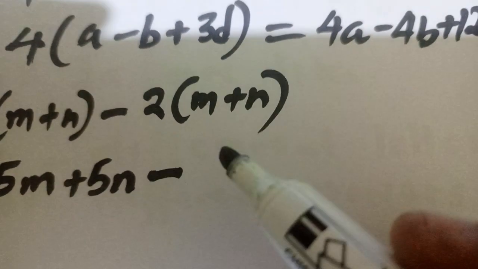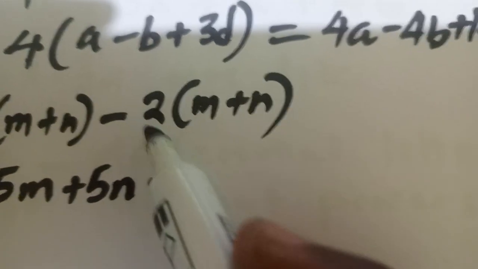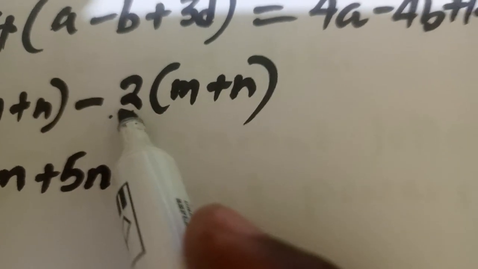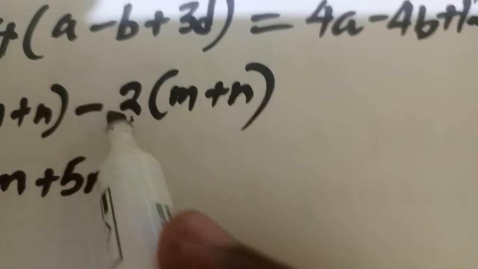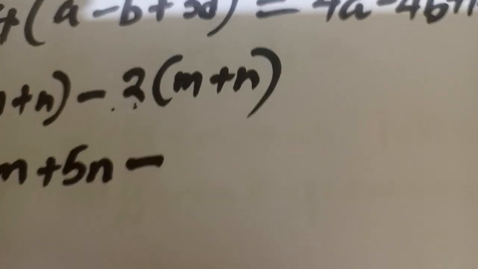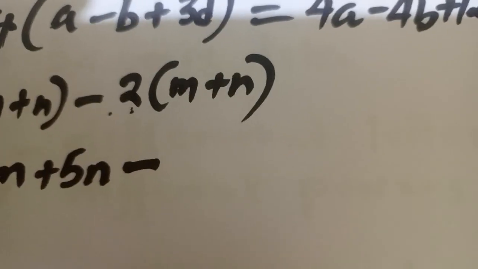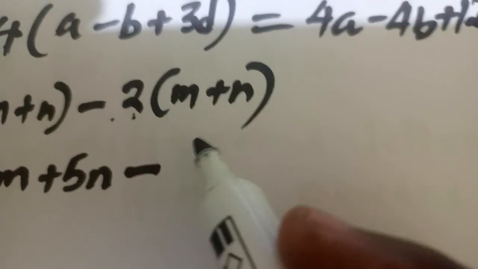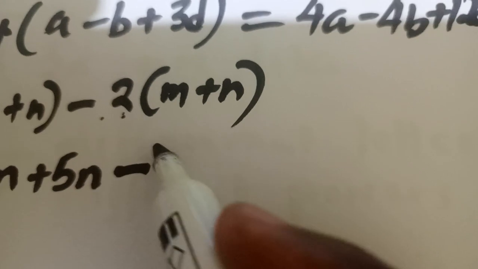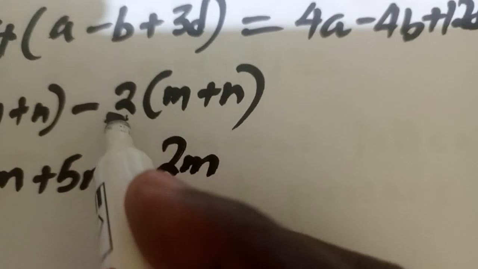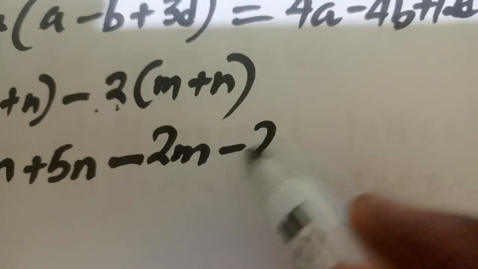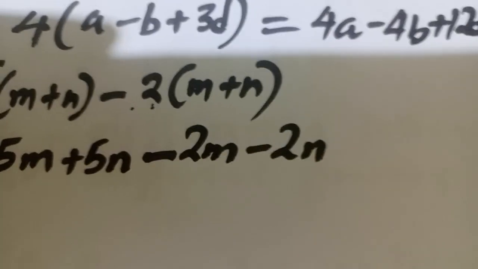So here we don't have 2. It's not a 2. What we have here is a negative 2. You must never forget to recognize the negative. So here negative 2 times m is minus 2m. Then negative 2 times n will be minus 2n. So a number of people forget